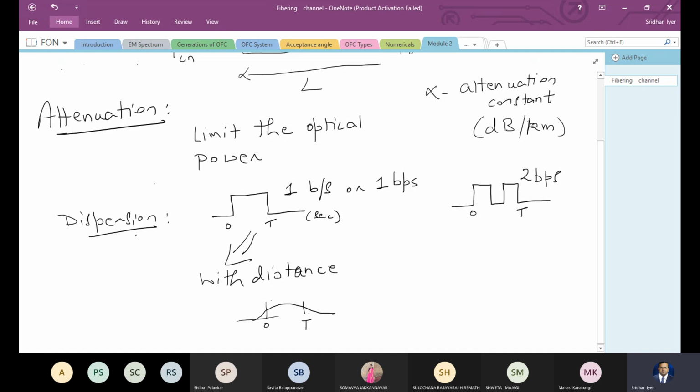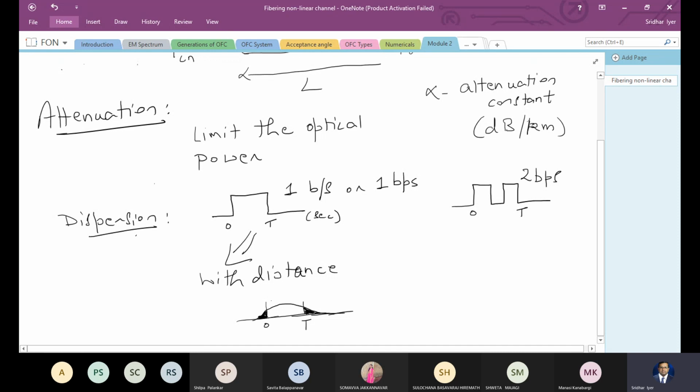So you can see that the original bit between 0 to t has now elongated, and part of it lies here on the left hand side, which I'm shading, and part of it lies on the right hand side, which I'm shading,